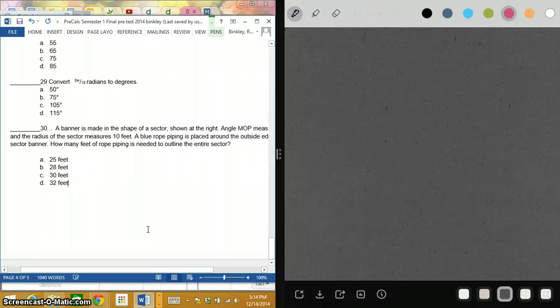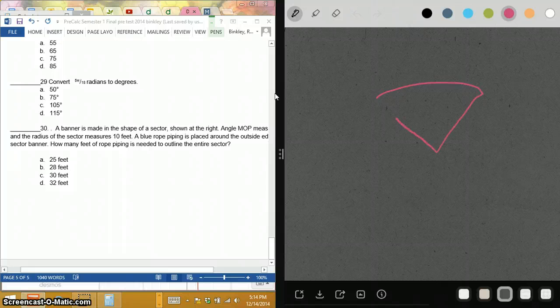Last one, question 30. Yay! A banner in the shape of a sector. You guys are going to be hitting yourselves if you tried this on your own, because it was so easy. That has a radius of 10 feet, and we're looking at 1 radian. This is super important because, as you remember from, I think it was Trig Day 1 or 2, the definition of a radian